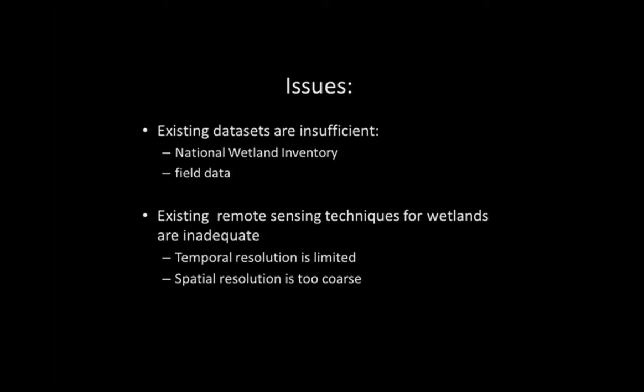So the two main issues that we faced when starting this project, as Amanda mentioned, are first, the existing data sets were insufficient. The National Wetland Inventory was the primary data set available to us, and although it has good coverage, it really lacks good hydrologic information, certainly not enough for what we were trying to do. There were some field data sets available, but again, they lacked any temporal richness, and they were very small in extent. So that's part of the reason we had this large field campaign to get more wetland data, but we wanted to supplement that with remote sensing,